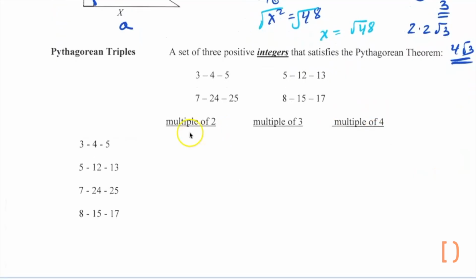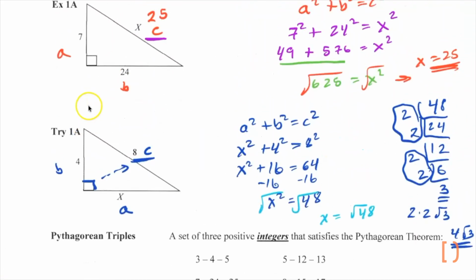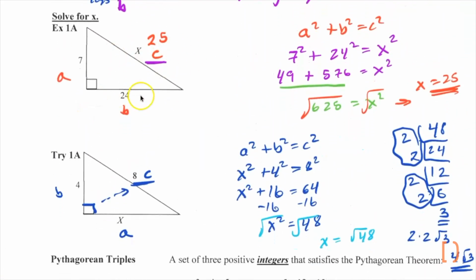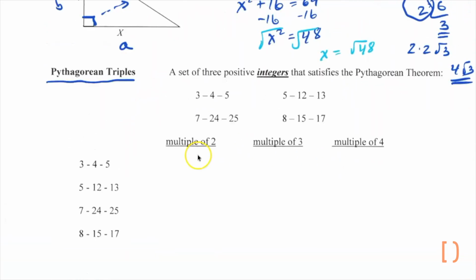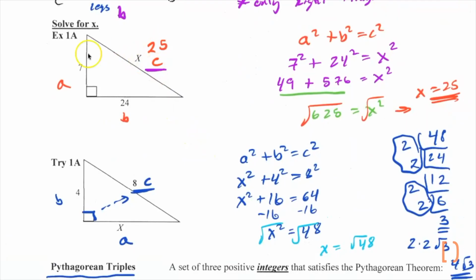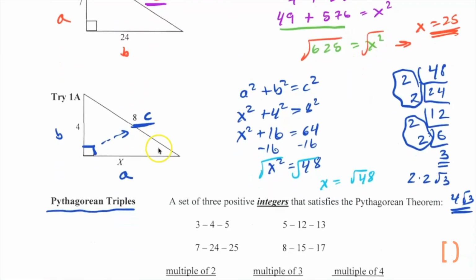Now, like I said before, sometimes we have nice ones. Oh, that was not a nice one, right? Sometimes you have nice ones like this first one here. Those are called Pythagorean triples. And if you know a couple of them, then you don't have to do the math on them. So if you knew this was going to be 25, because this one's a nice one, you just have to write